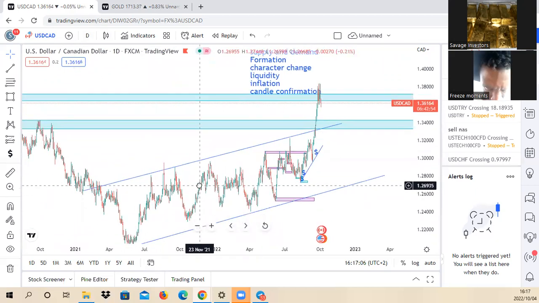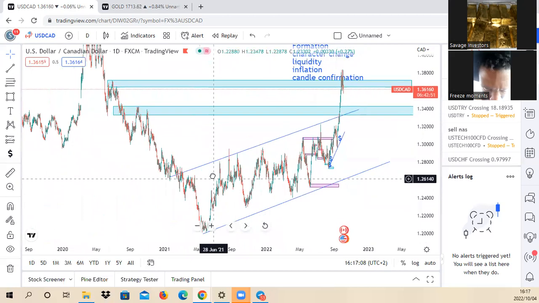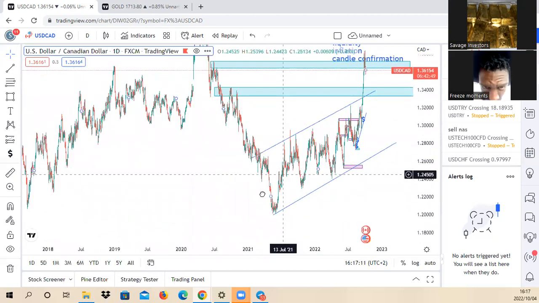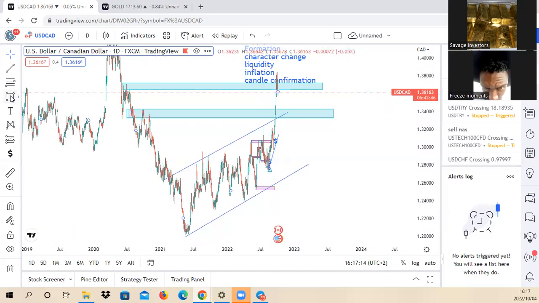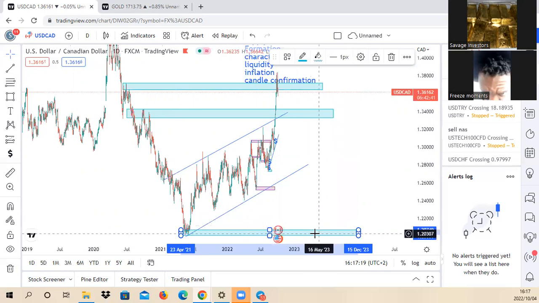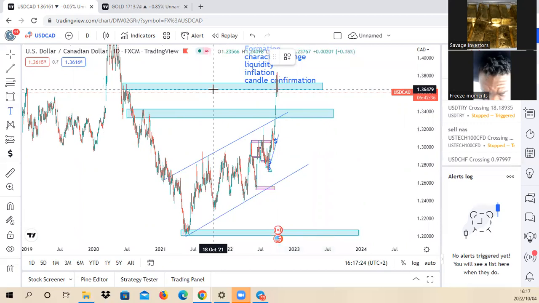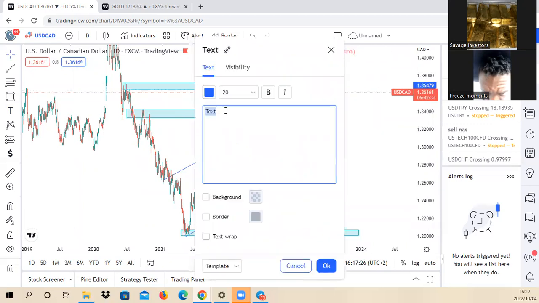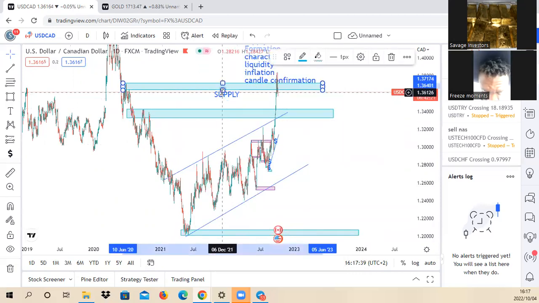The daily supply and demand is between these levels. So this is the supply, and then this is the demand. These two levels of supply and demand